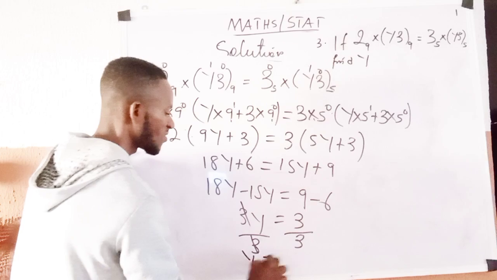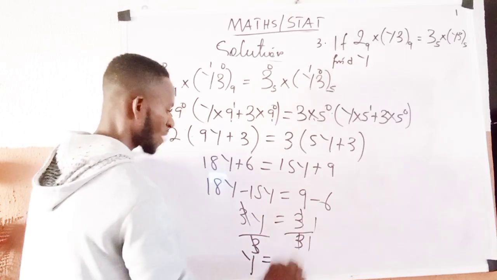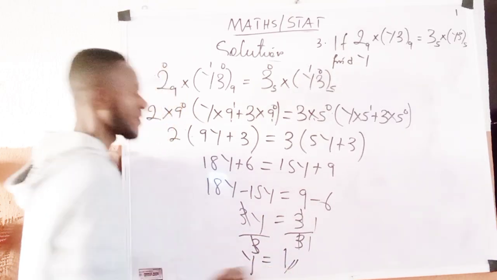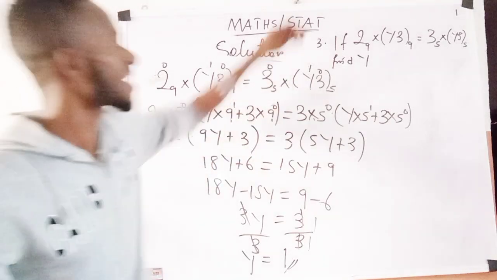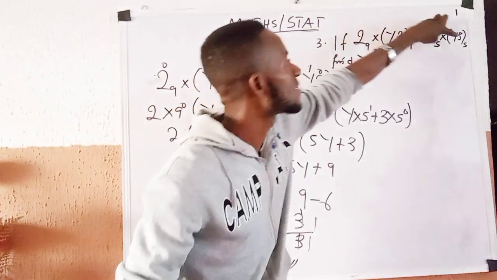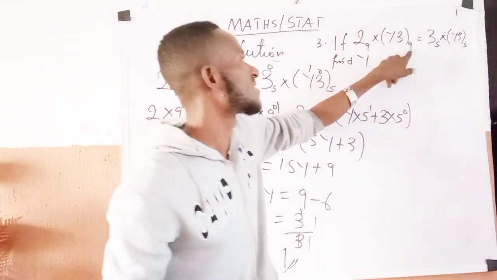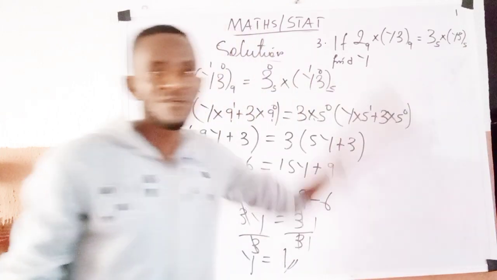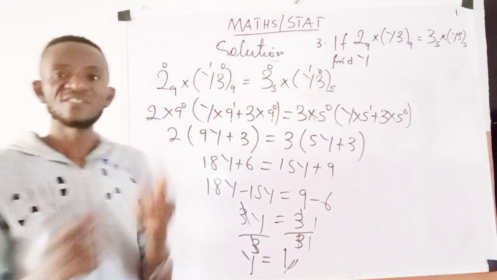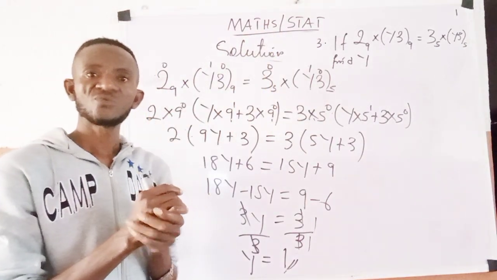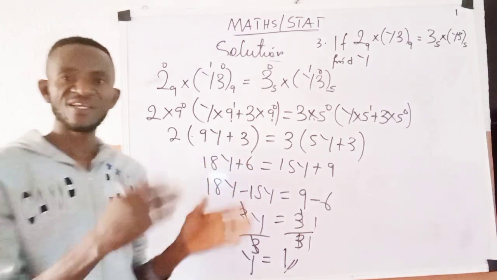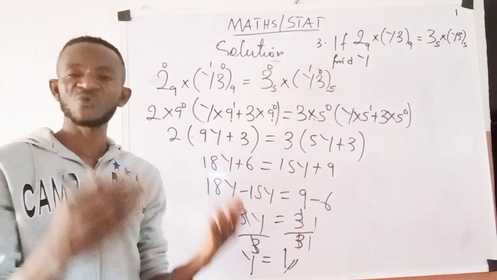And I have that y alone is given as 3. Here is 1, 3 here is 1. 1 divided by 1 is 1. So meaning that here is 1 and here is 1. So here is going to be 1, 3 base 9, 1, 3 base 5, for this expression to be the same thing. So I equally want you to look at it closely and see whether we brought you confusion or